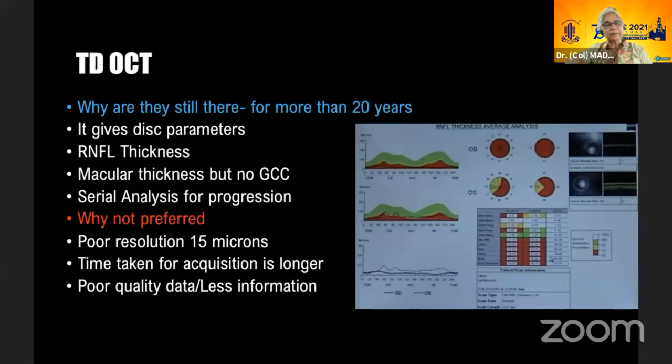It gives disc parameters, RNFL thickness, macular changes, but not GCC, and serial analysis of progression. But why is it not preferred? It has poor resolution, and the time taken for acquisition is much longer, as a result of which the data quality is poor. So it's not really in good clinics, but it is still of significant use when needed.